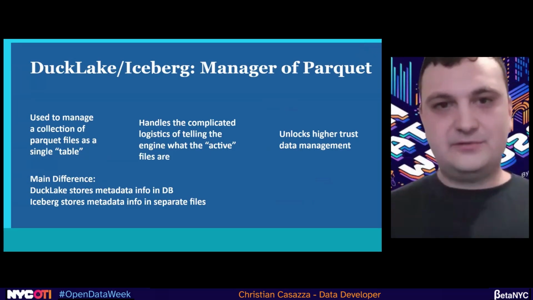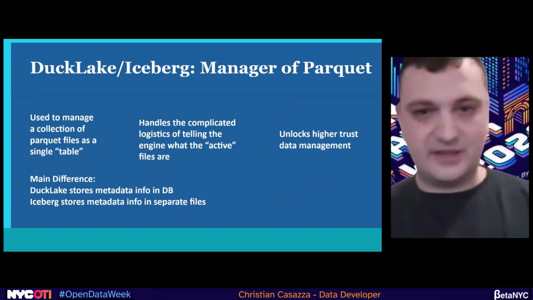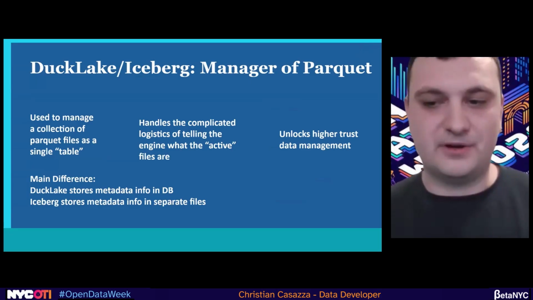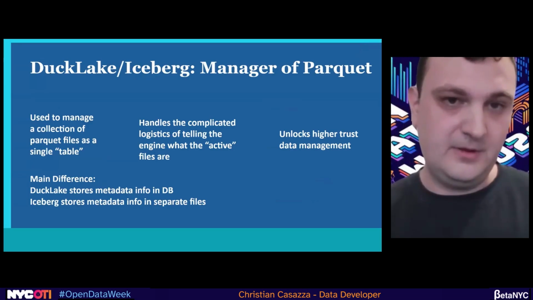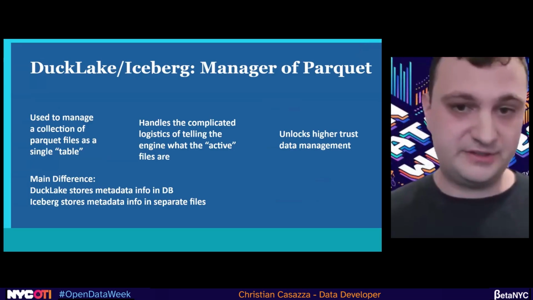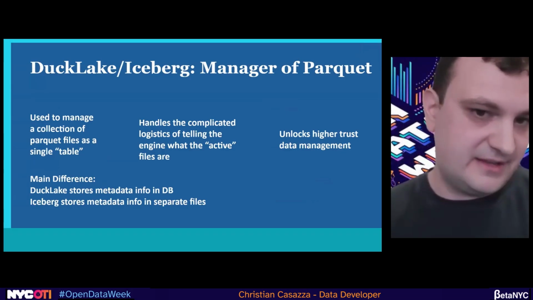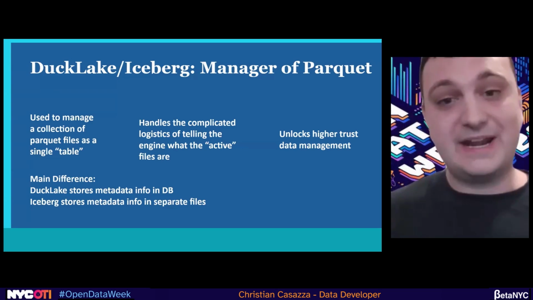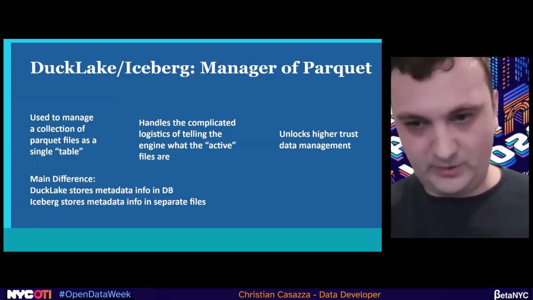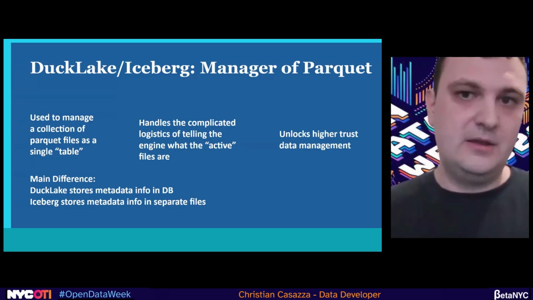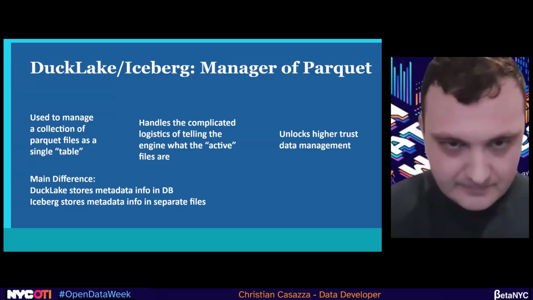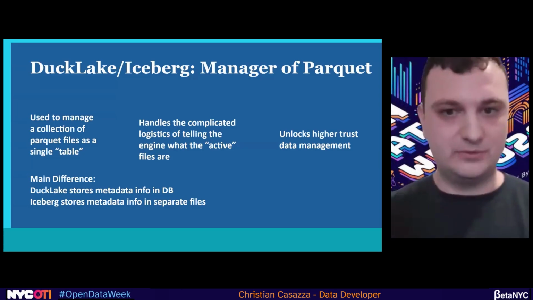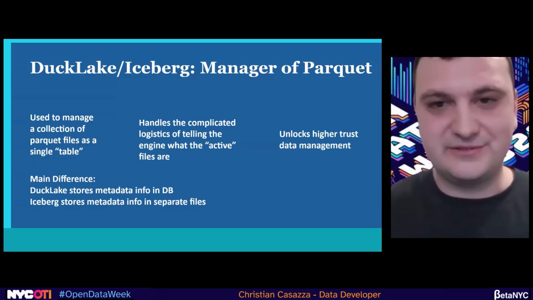Now, I'm not going to go too much into this. DuckLake and Iceberg are a way to manage your Parquet files once you have a lot of them. Think of it as a manager for your various Parquet files. Let's say I have an orders table on S3, made up of 10 files, and once a day I upload a new file to add to the table. How do I tell my front-end app, hey, I added a new file, and now these 11 files make up my table? Instead of me manually doing that and tracking it, DuckLake and Iceberg handle that for you. They track which files make up what tables. Makes it a little easier. You can ask more questions later.